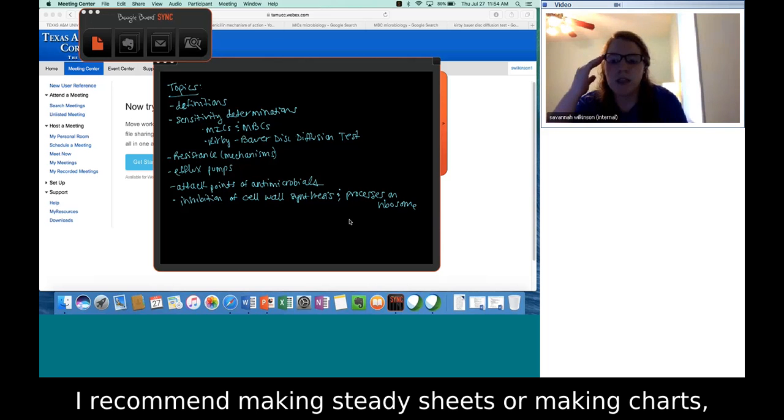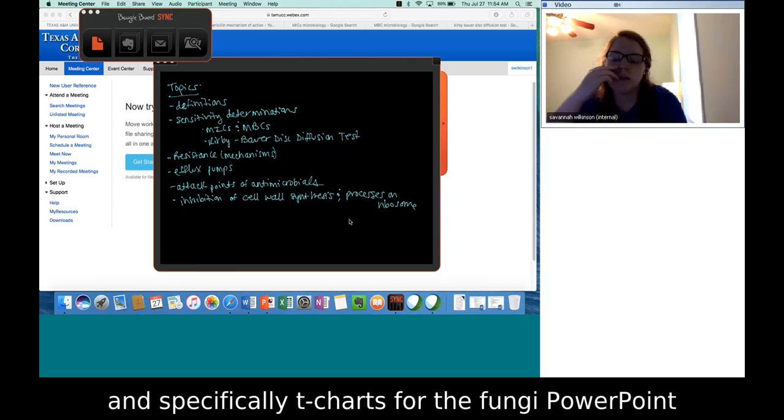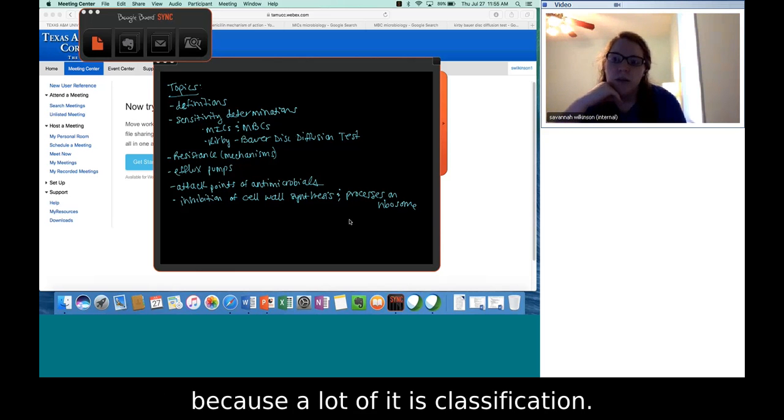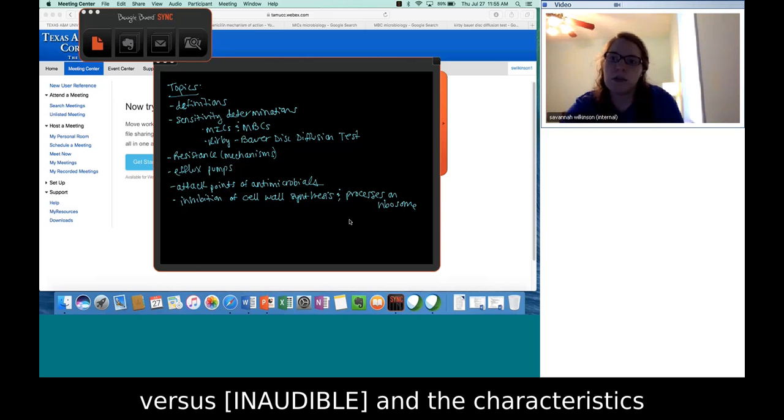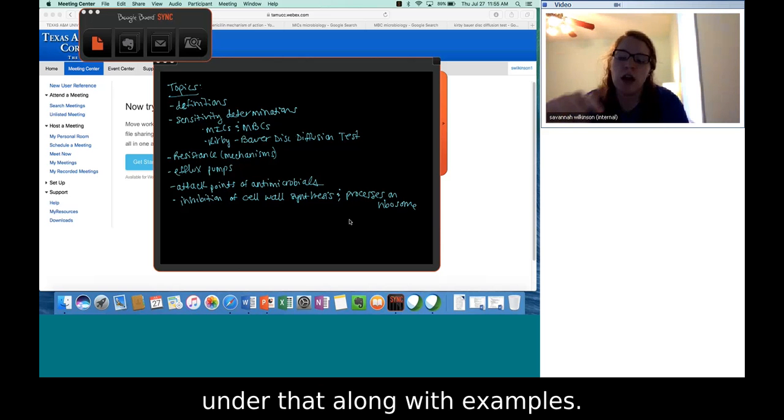I recommend making study sheets or making charts, specifically T-charts for the fungi PowerPoint, because a lot of it is classification, and for instance, like an Ascomycete versus a Basidiomycete and the characteristics under that,